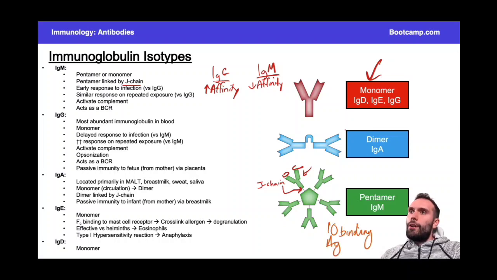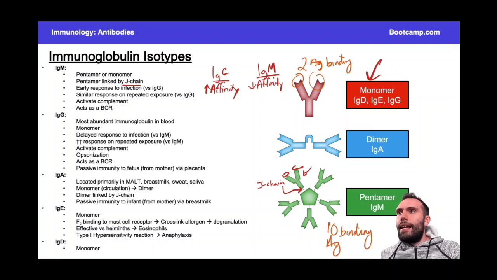Now, if you compare that to IgG, IgE, IgD, these only have 2 antigen binding sites. So that's kind of tricky, right? One has 2 and one has 10. Even though each one of these sites on this IgM immunoglobulin, each one of these idiotypes here, might have a lower affinity,